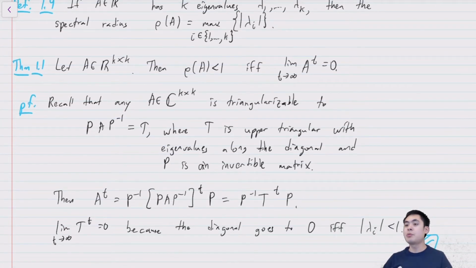One comparable theorem is that if you have a k by k matrix A, and the spectral radius is less than 1, then that is true precisely if the limit as t goes to infinity of A^t is equal to 0. And I gave the proof earlier, but the basic idea is when you have these eigenvalues,